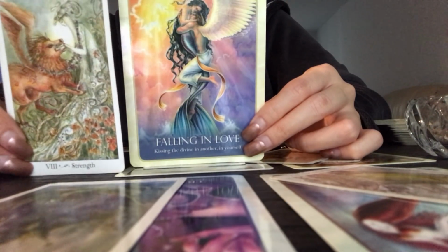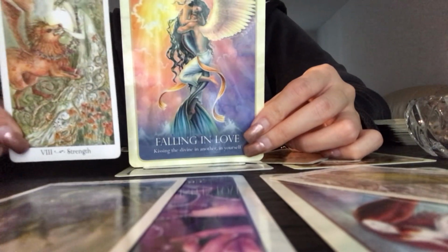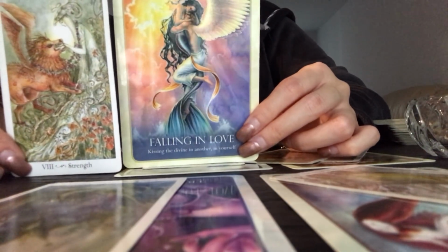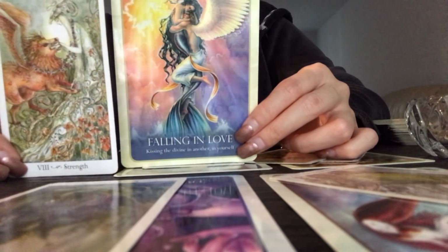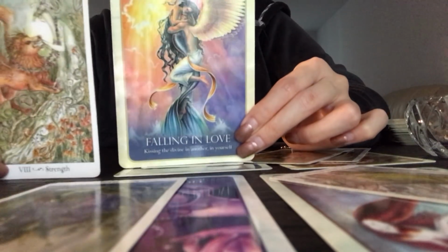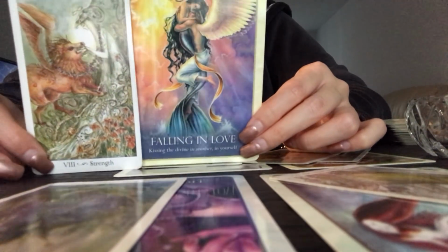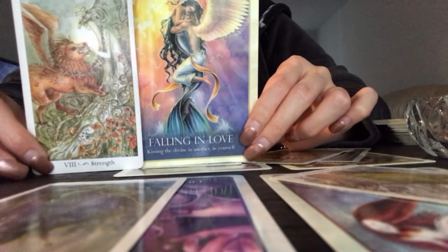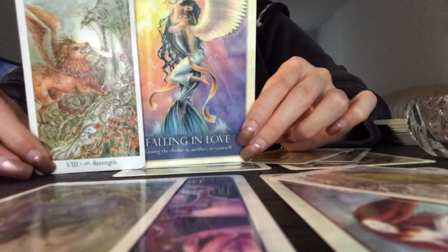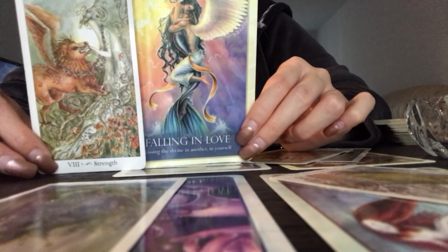You may be in a moment in your life where you're like, now I know. A lot of us have had aha moments where we're like, this is what I was meant to be. This is what I was meant to do in this world. And I just recently have felt that. So a lot of you guys are going through that moment. And now that you're actually living the life you're supposed to be living, whatever that mission is in this life, whatever your life purpose is, that's when unions will be able to actually go into effect. Because if you are in union before you're doing your life mission, in some cases that could actually apply, but for a majority of us, I feel like we have to